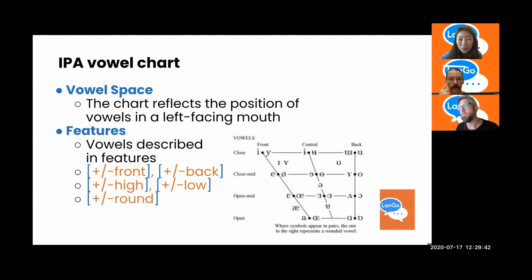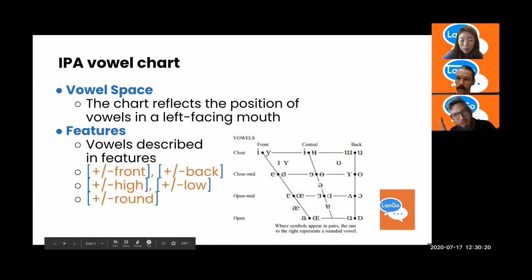When we talk about features, we treat them typically as binary features, meaning it's a yes or a no. It's a presence or an absence. The light is on or off. Sometimes people call this the flippy switchy thing. And because of that reason, because the light's either 100% on or 100% off. What we find in phonetics is that sometimes things that we treat as binary are actually more gradient, but it's very useful for communication between linguists to treat it as a binary, and in many languages it does act that way. So again, when we're looking at our chart on the top left, whatever is top is going to be plus high, right? It's not just plus high, it's plus high and minus low. That's the way binary works together.